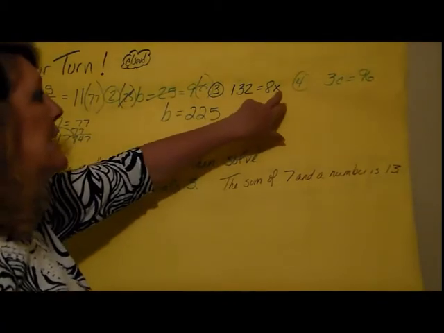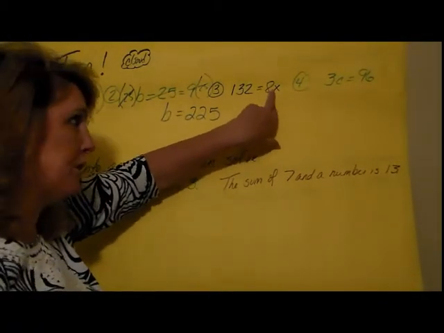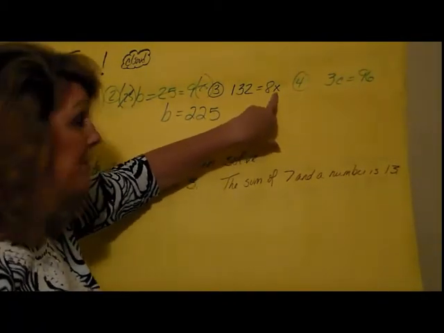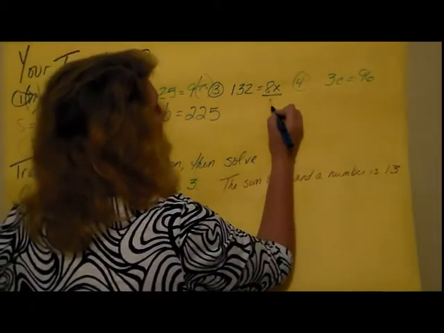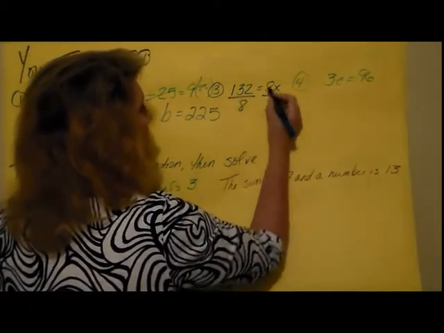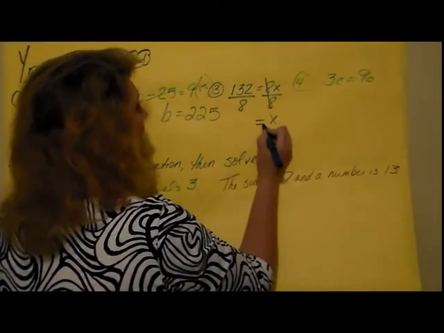132 equals 8 times x. I have an 8 multiplied to my x. How do I get rid of a multiply? I'm going to divide by 8. I'm going to divide by 8. So these two go away and I have x equals,